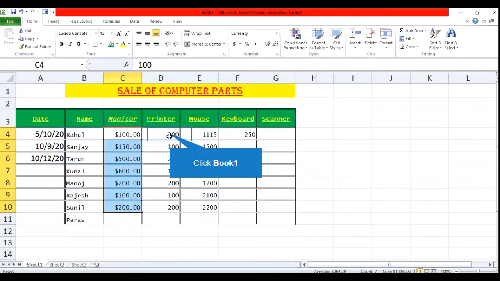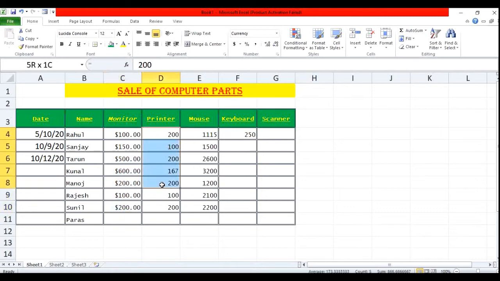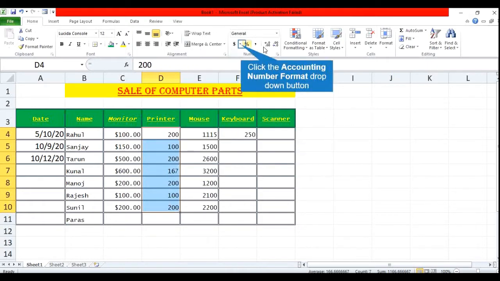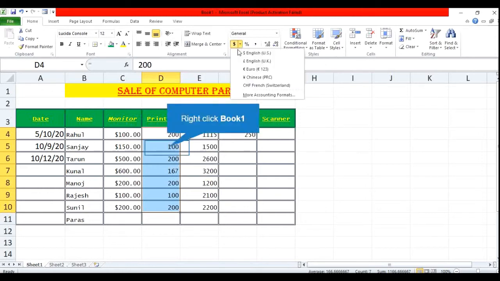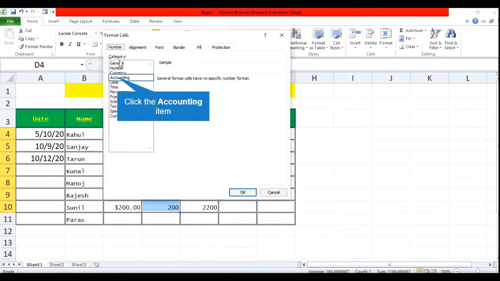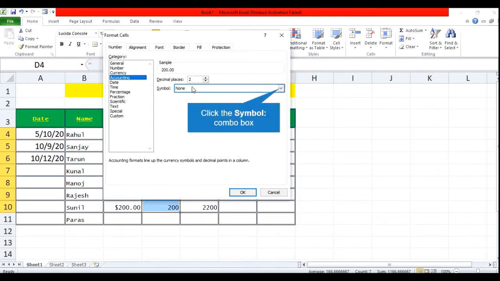Now in the second list, suppose I want to give the rupees sign. How to do that? Again go to this, go to format option, or you have these three common features of number formats in the home tab also. So select on this. You have here the recently used numbers, or you can go to right click and format cell, go to numbers, currency, because you have to select rupees sign here. Go to accounting also, you can go for that.